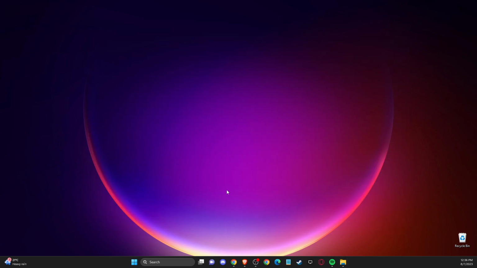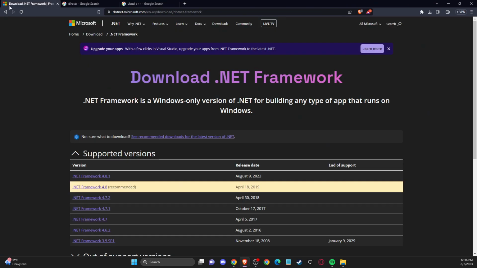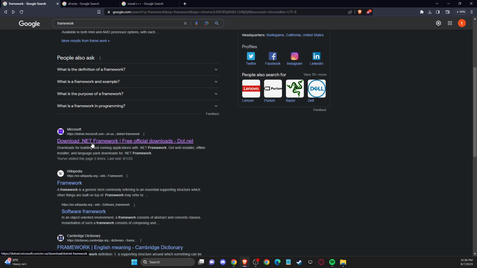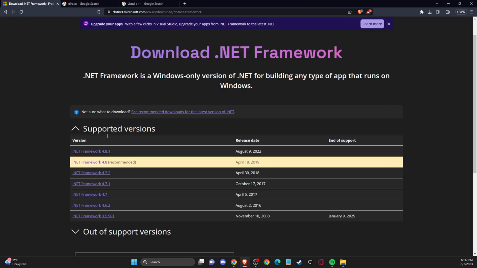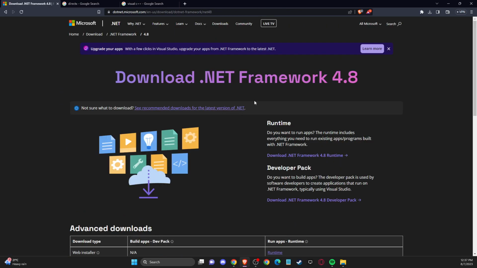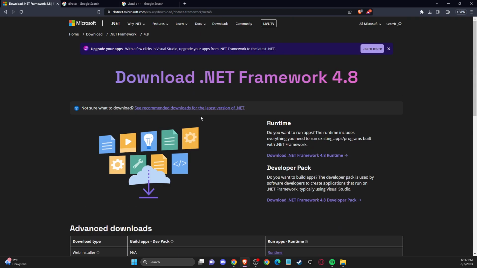And if the problem persists, another thing that you need to do here, open up your browser, and then you need to just on Google write framework .NET, and then go on Microsoft page here and download the recommended version here. You can see here, we need to wait until I get the download button here,